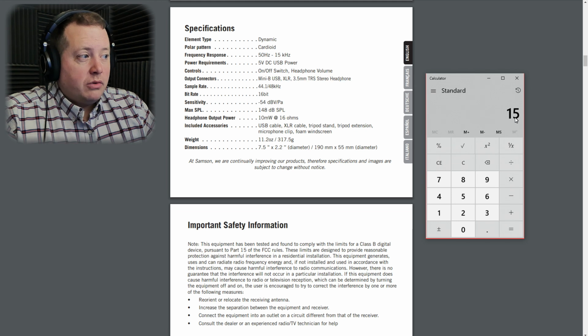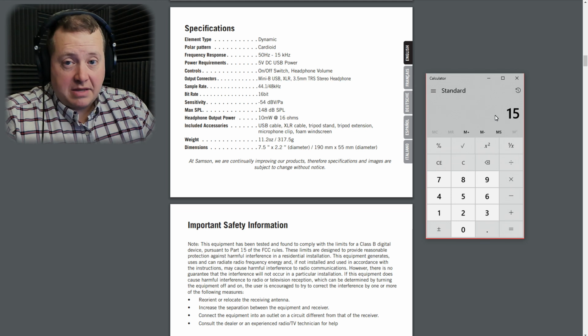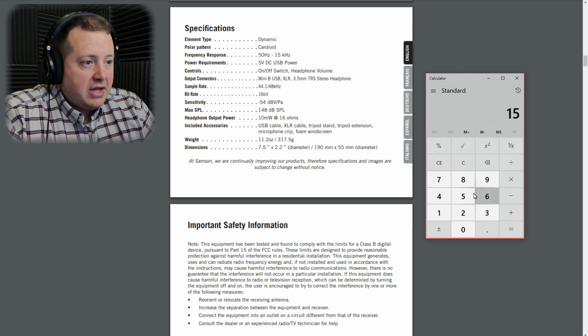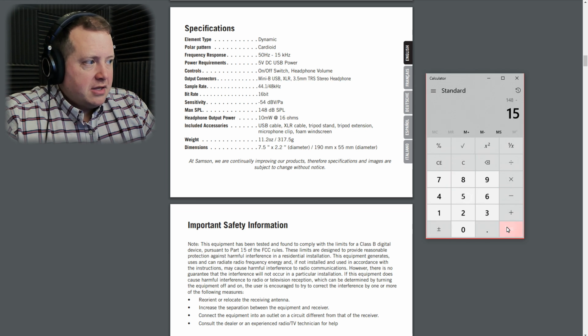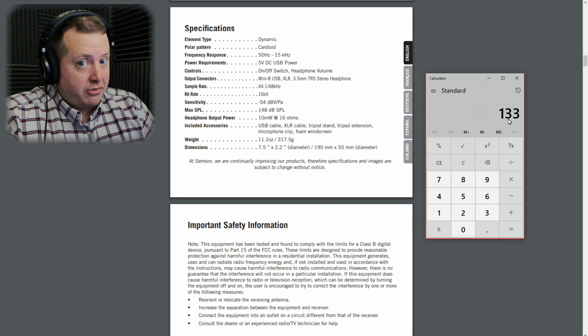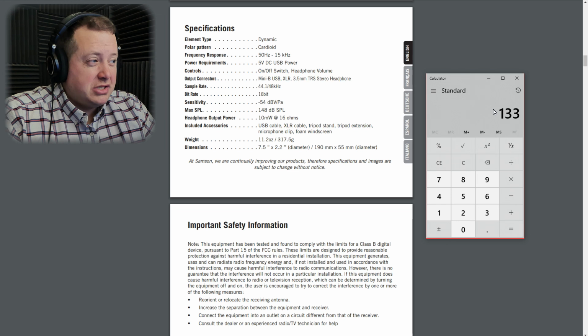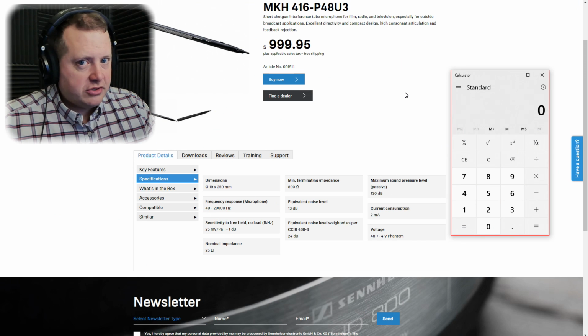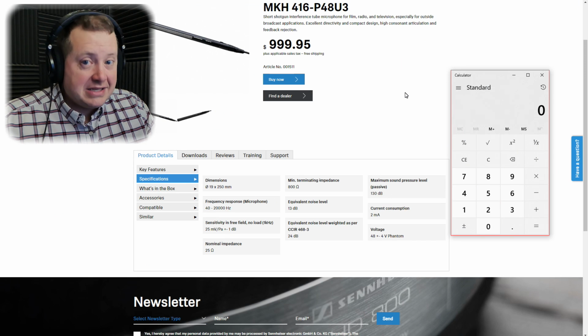Now that we know the 15 dB of self noise, and what the signal to noise ratio is, basically all we have to do is subtract 15 from the maximum SPL, and we know now our dynamic range is 133 dB. It's kind of interesting that it matches the EIN of the 150 ohm resistor. Kind of cool. So to make sure we fully understand our formulas, let's do a couple more practice calculations, starting